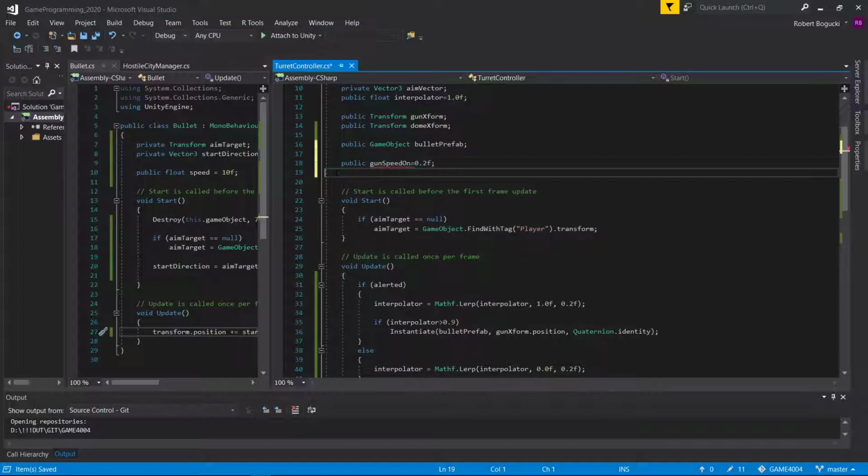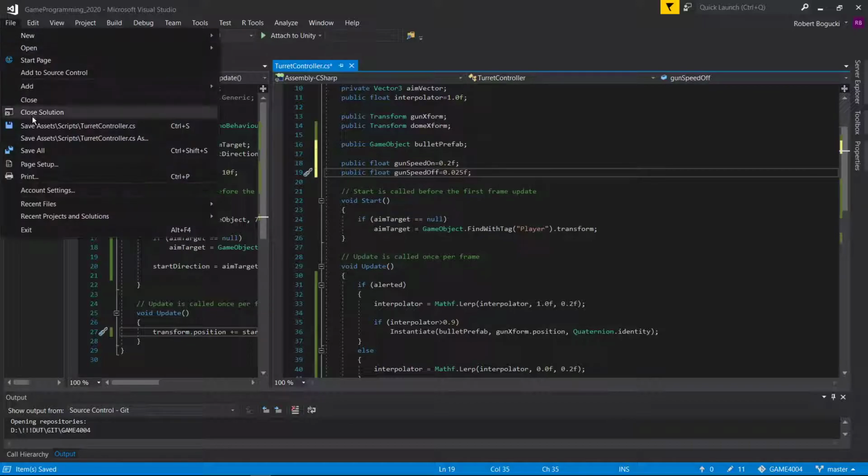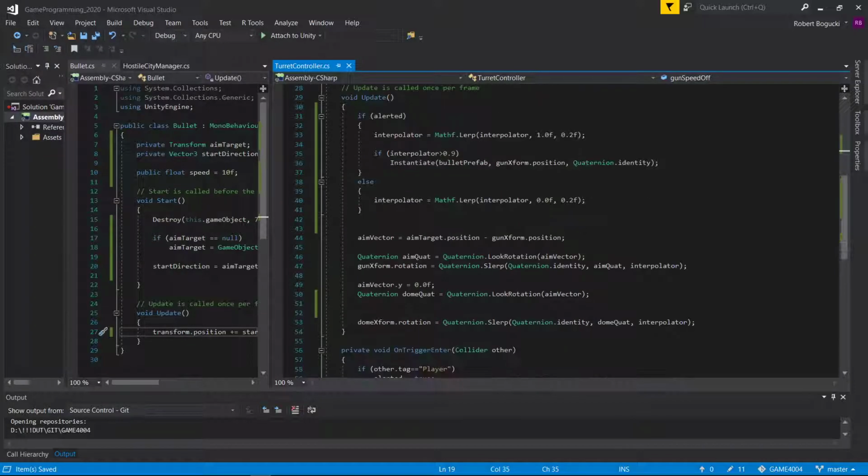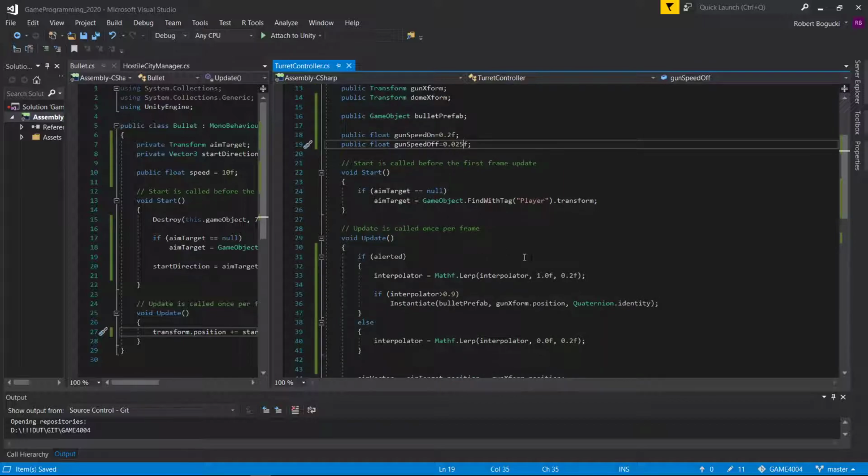Okay, and gun speed off. I'm gonna vary it. It's a float. Thank you, IntelliSense. Okay, so I'm gonna make this value much smaller, 0.025. And now I have errors somewhere else. Well, no, I don't. But I'm gonna use this value that I created now